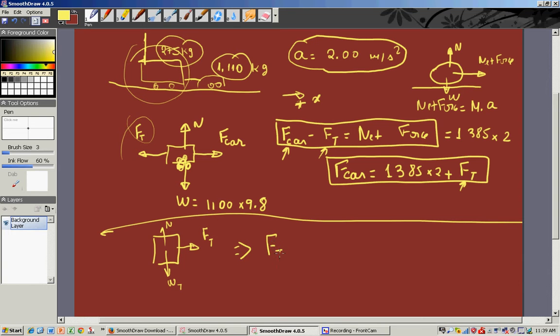So we have the reaction that has the same magnitude, and here when you apply Newton's second law of motion, Ft is equal to mass of trailer 275 times acceleration. So then acceleration we know, piece of cake. So we found this, plug in here, and we have the force on the car. So the net force on the car is F car minus